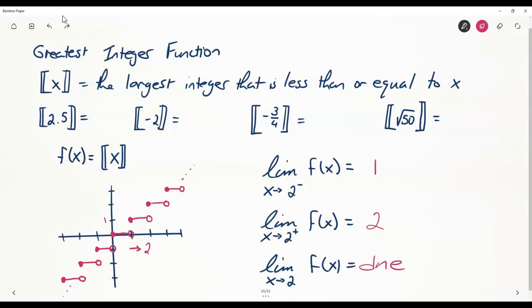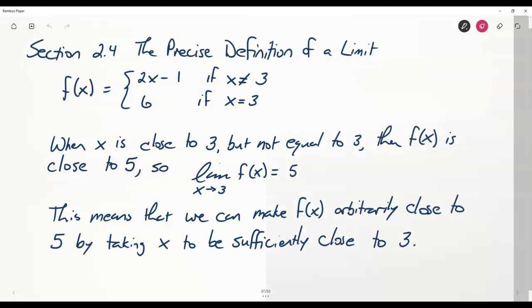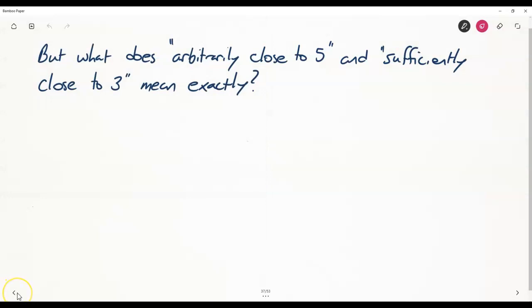Let's take that off. All right. Where does that put us? Okay. We're probably going to spend